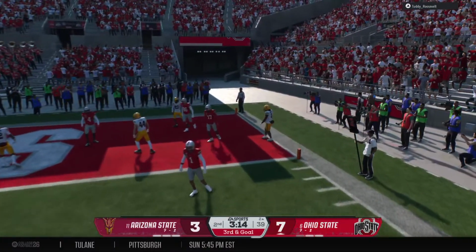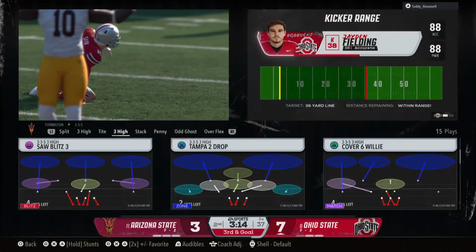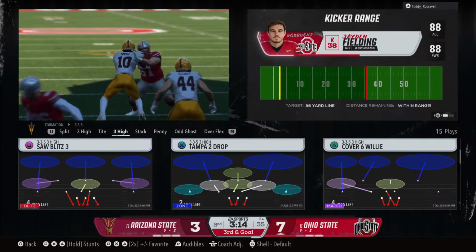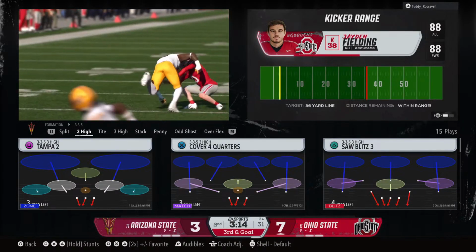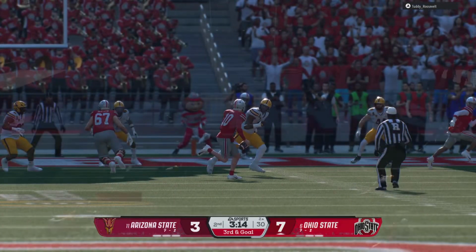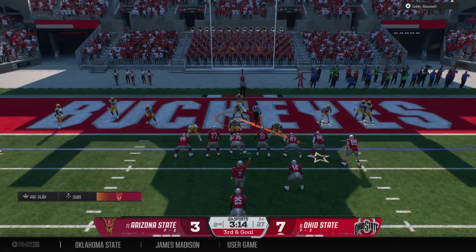He throws it away. A smart choice that time, but it will bring up third down. That's a smart heads-up play to me by the quarterback. Would rather throw it in the stands than a tight throw leading to a potential turnover. Wonder what they'll have dialed up here on this third down.